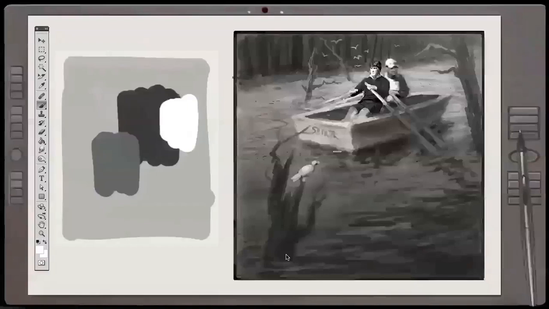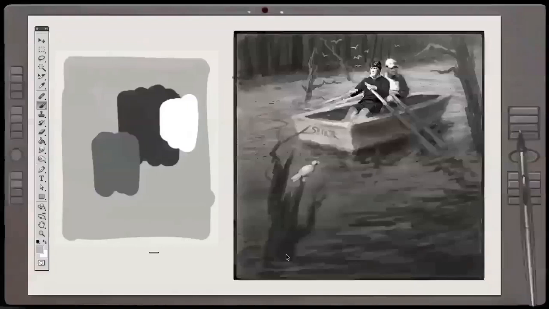This is where your ability to make correct value judgments comes in. And this is not easy to achieve. In time, with a lot of practice, you'll get better and better at judging the correct values that you need to put into a painting. You can see the different degrees of value contrast, establishing that hierarchy of value contrast that I talked about in